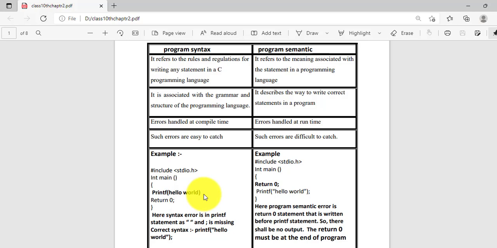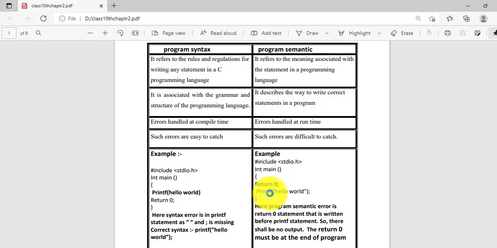So this tells about the grammar and the structure of the programming language, whereas in the program semantic case, you can see the same #include <stdio.h> and the main function. Now I write here return 0. Return 0 shows the end of the program. So when you write return 0 before the printf statement, it will return nothing.